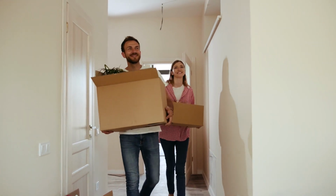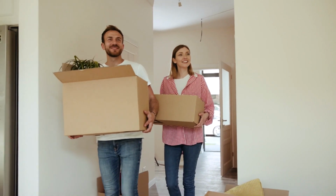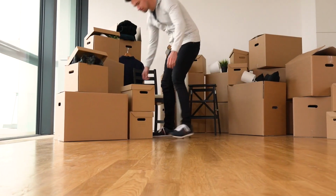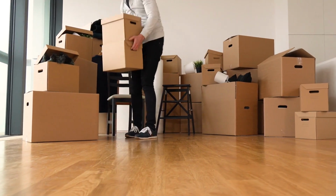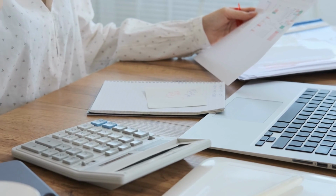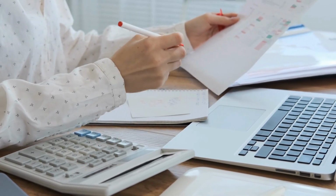Moving is a time-consuming and expensive process, so it's important to find ways to reduce the costs while taking your time. One way to do that is by using moving services that are less expensive and offer more flexibility. Whether you're interested in calculating how much you will pay for a moving company or finding out how to prepare